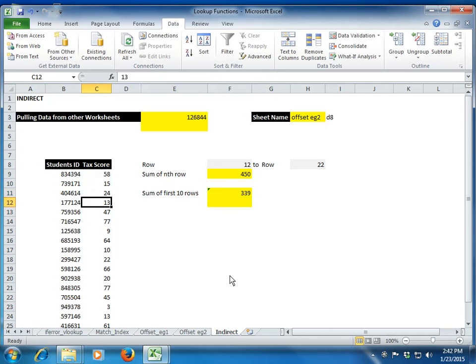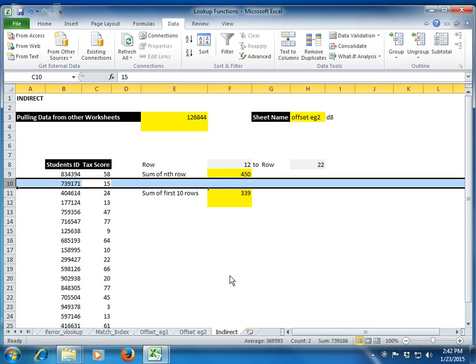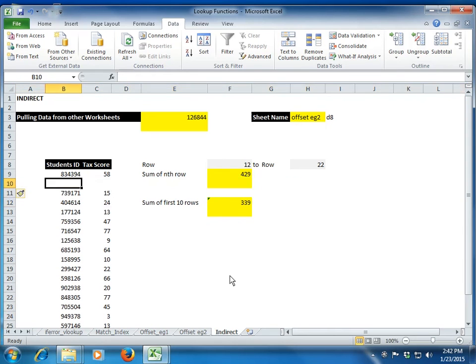The problem with this formula is that if someone comes and inserts a row here, and I give it a certain value, let's say 12, I have included a new student ID with a score of 12. By default, Excel will include that score in our sum. Earlier it was C9 to C18, and now Excel has automatically increased the sum range to C9 to C19. So it has included the added row in our sum calculation.